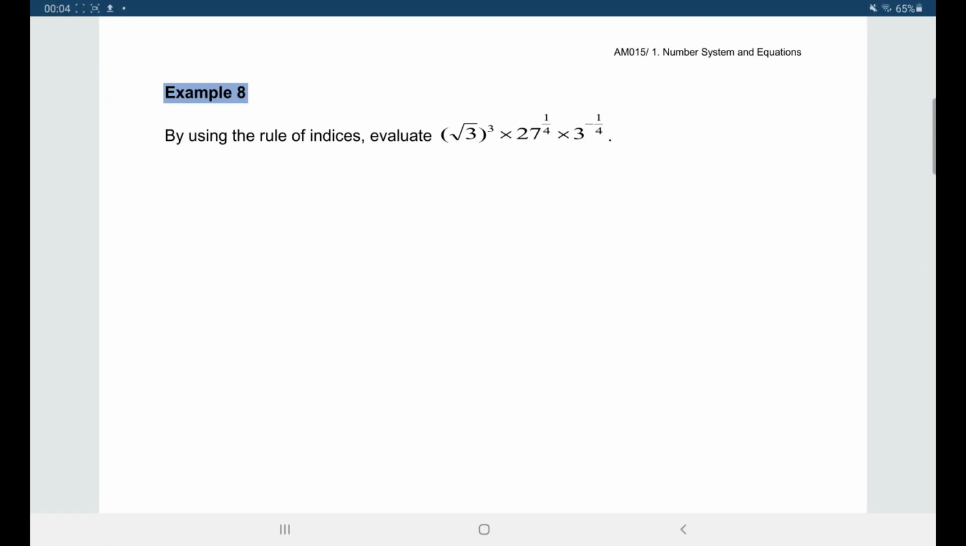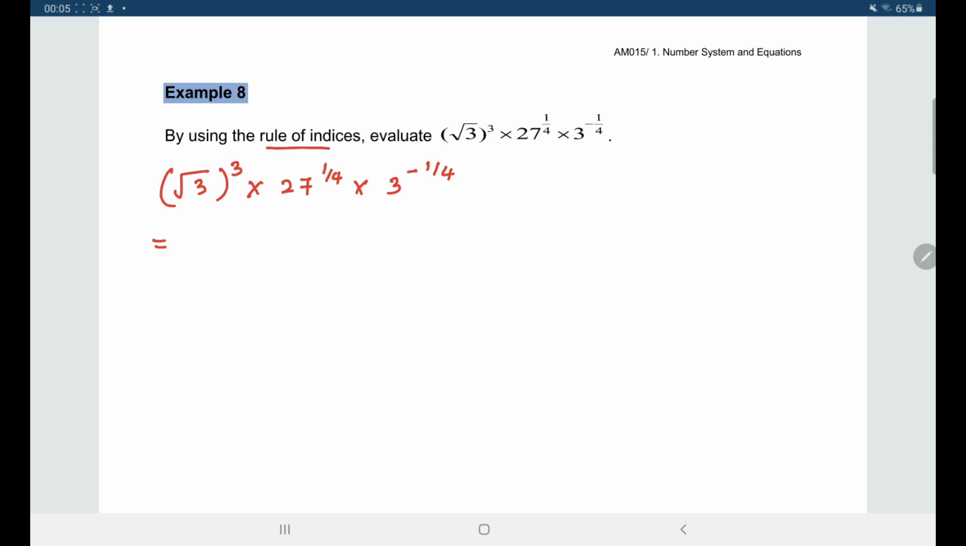Example A, by using the rules of indices, evaluate (the square root of 3) cubed times 27^(1/4) times 3^(-1/4). First step, we write the question. (Square root of 3) cubed times 27^(1/4) times 3^(-1/4). So equals to,